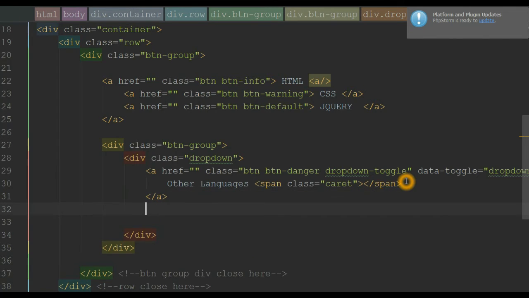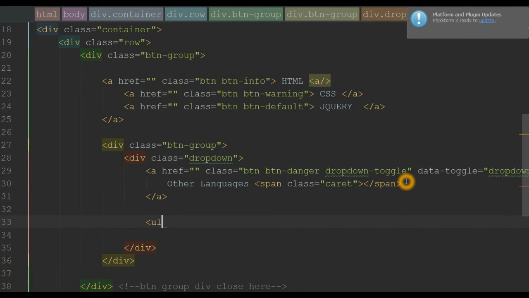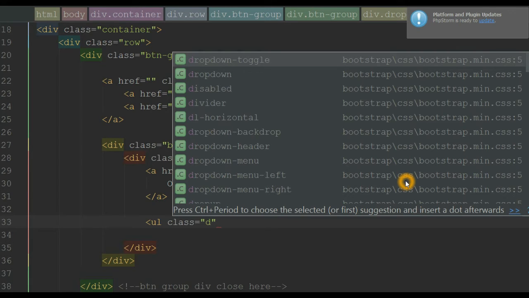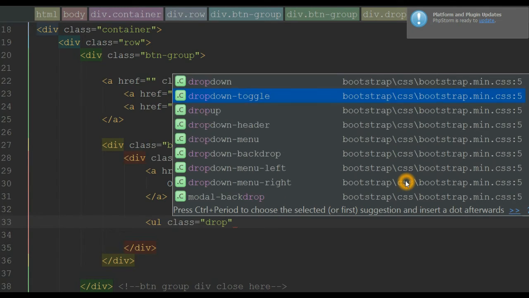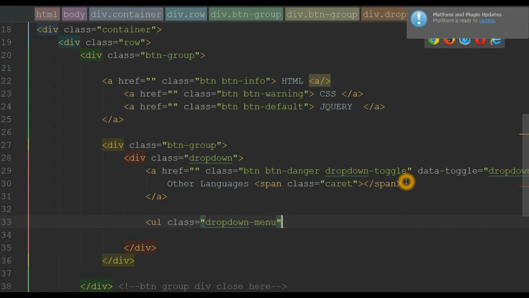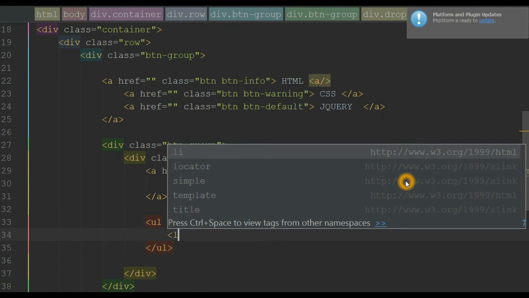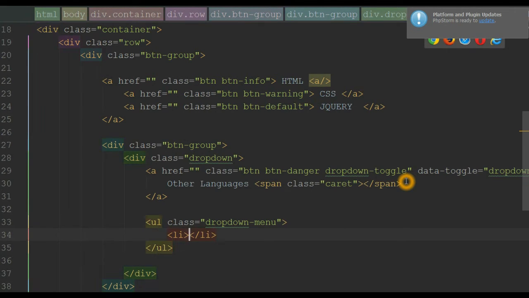It's our editor, and now I'm going to use dropdown-menu, and inside this I'm going to use a list item, an anchor element, href,